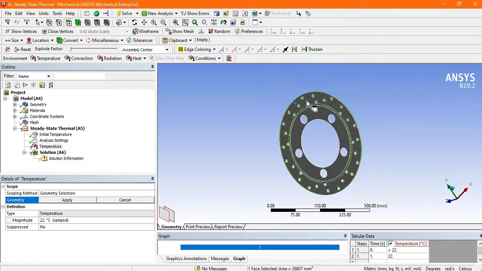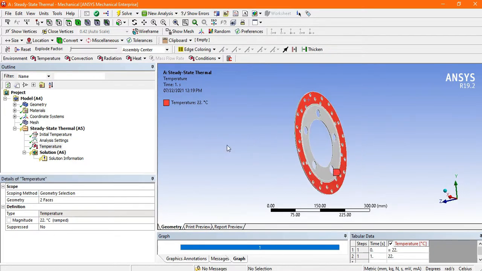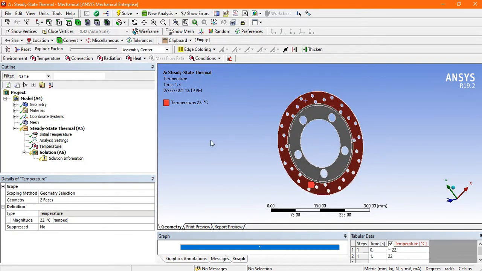Pressing Ctrl, choose both surfaces, click apply. Now see on both sides the red color, which indicates that this surface is selected. Now we have to apply the temperature for this surface. You can also provide your own temperature. So I am just putting my own data, the temperature may be 150 degrees centigrade.